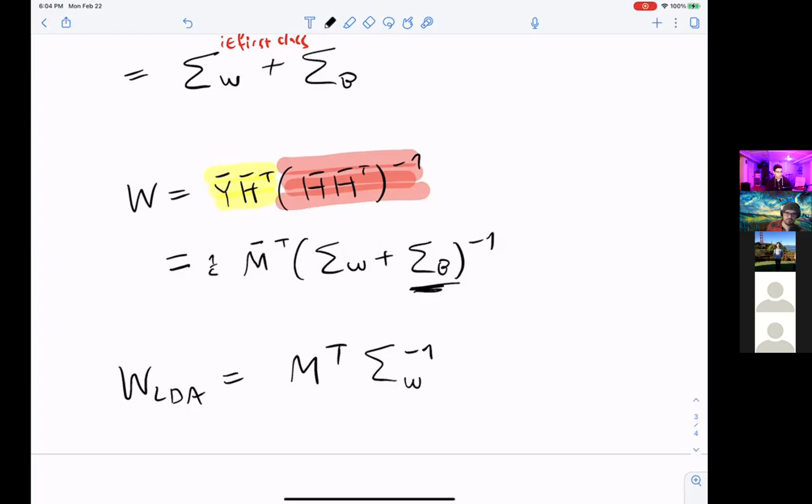That's first of all a beautiful question. There's one restriction, which is that sigma B has to have a rank 1 null space because the global mean is being subtracted. But besides that,